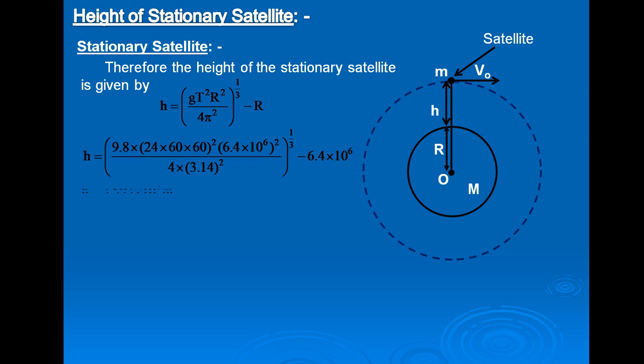So solving this, we can find h is equal to 3.593 multiplied by 10 the power 7 meter,